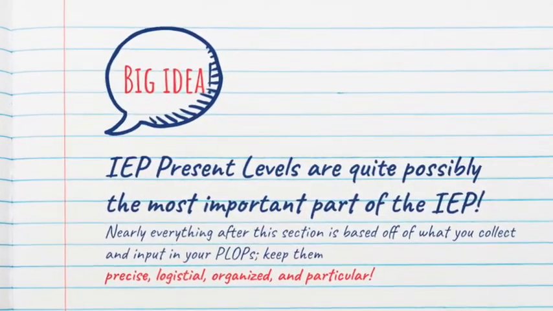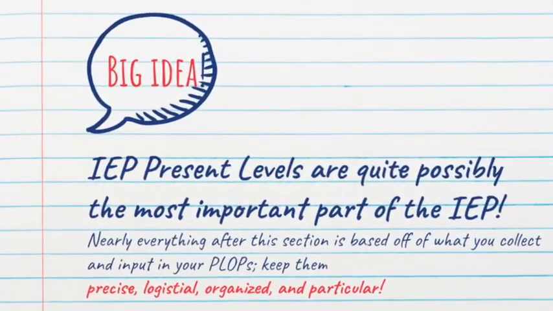Our big idea is that IEP present levels are quite possibly the most important part of the IEP. Literally everything after you write the present levels of performance is based off of what you put in those PLOPs. So when you write your goals for your student, when you are writing your supports, your accommodations, even what services you pick are based off of what you put into those IEP present levels. And so as an educator, and especially as a special educator and case manager, it is imperative that you know how to make sure that they are precise,